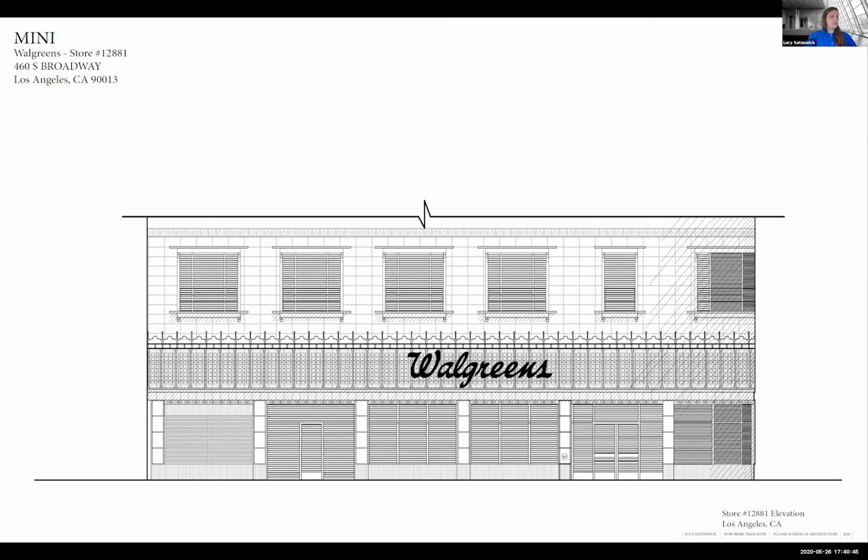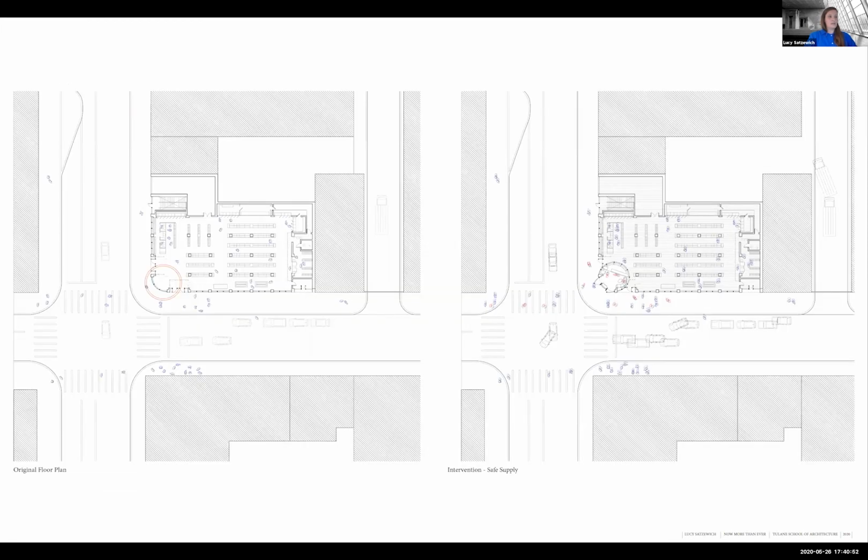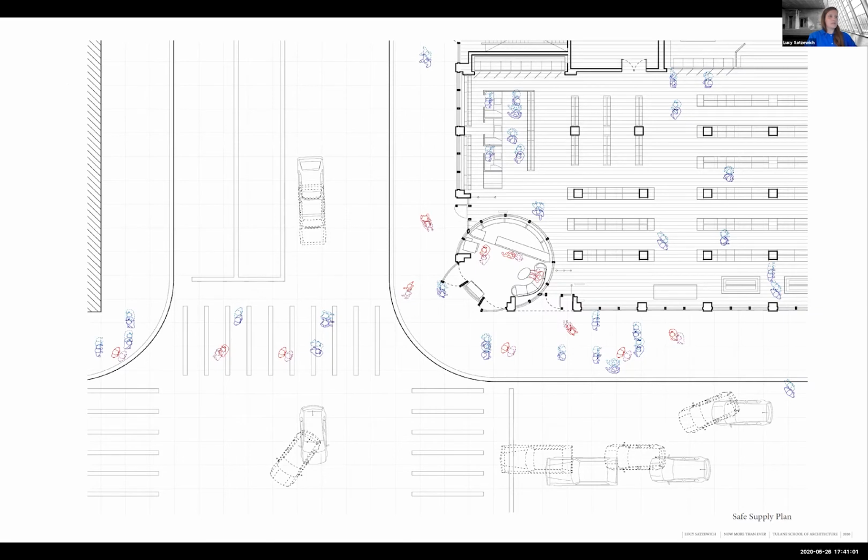The first and smallest intervention took place in the Skid Row neighborhood of Los Angeles. This intervention is dedicated to safe supply of medical grade heroin and has the smallest footprint, located in the unused corner of the two other entries. The site is a parasite to its original, in which users can enter and exit quickly to fill their prescriptions. The site holds most pertinent today in the wake of the COVID-19 crisis and recent calls for safe supply. And here are the elevational changes.